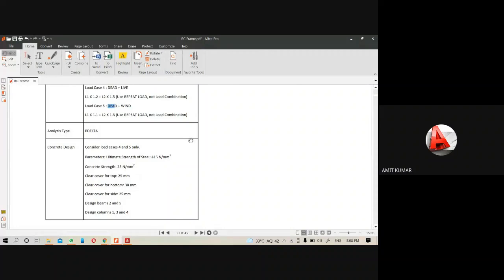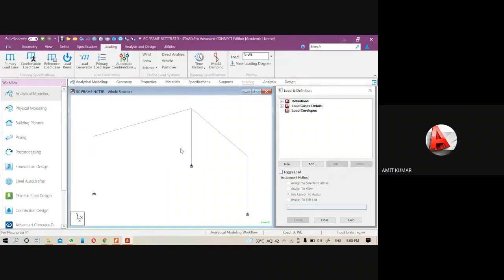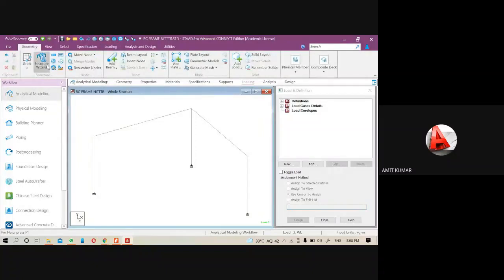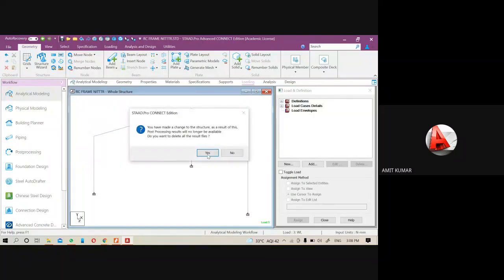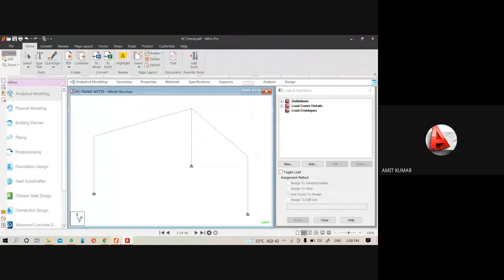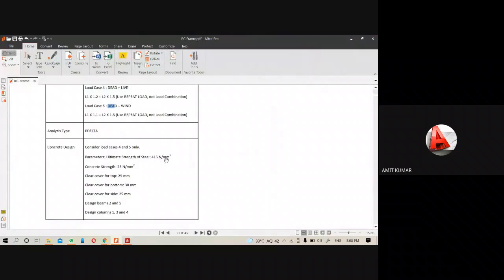That's why we will change the unit type. Come to the input unit, custom. Length will be in millimeter and force will be in Newton. Then press yes. You can see it in Newton per square.